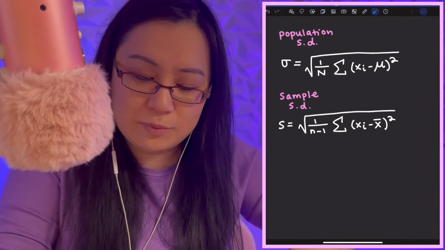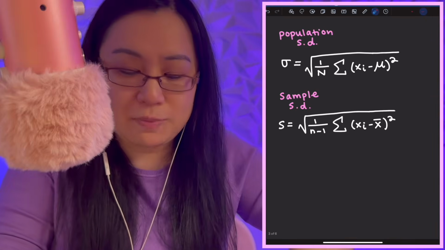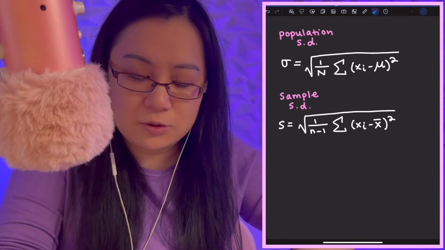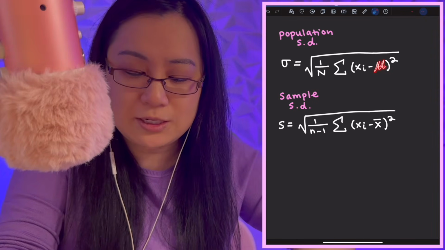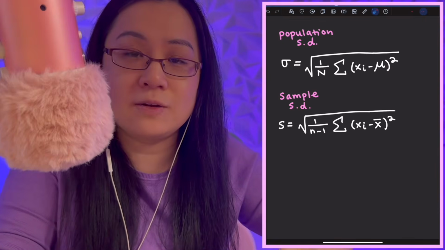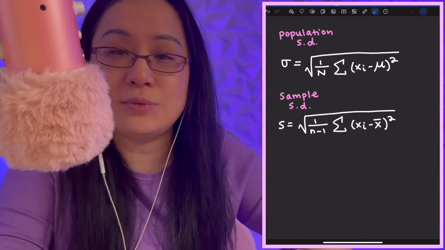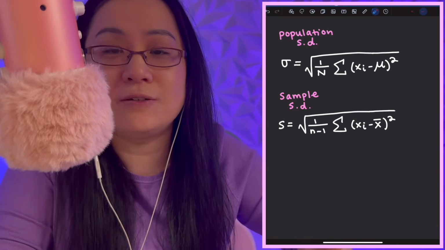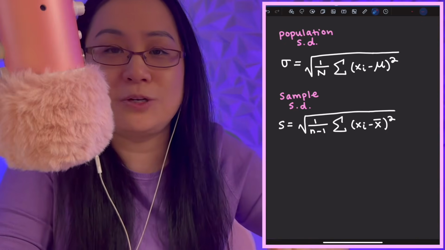So what you're basically going to do, let's just start with population first. The first thing you're going to do is find the mean, like we said. If you have lots of data, you add the numbers together and divide by the population size. So when you find the average